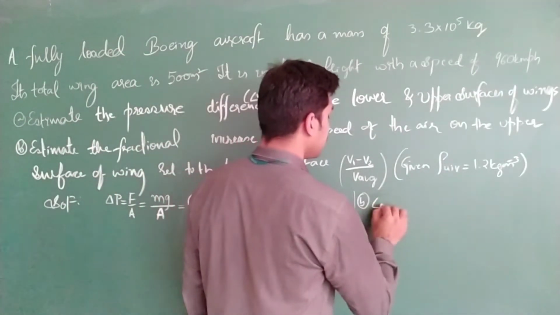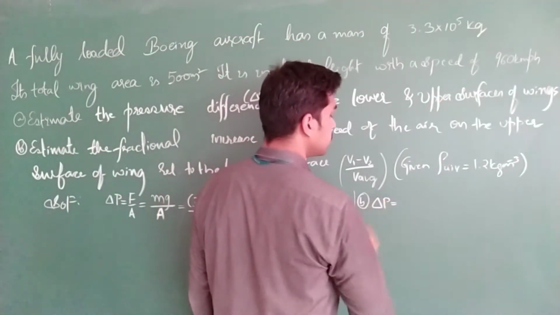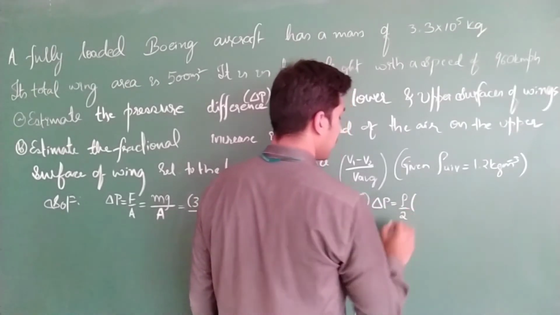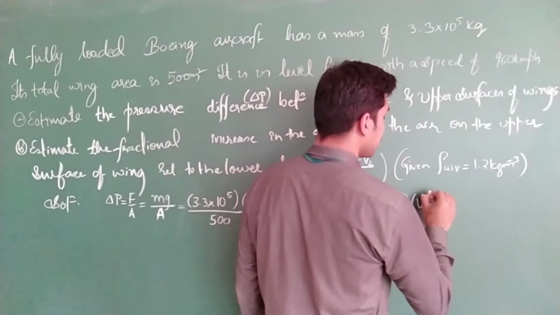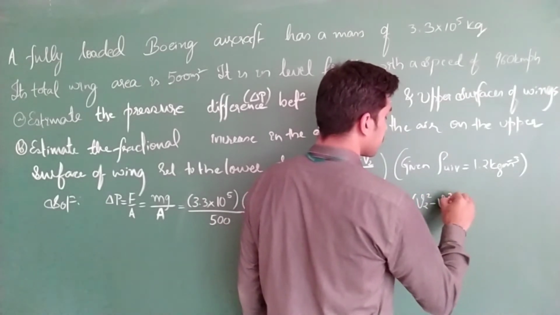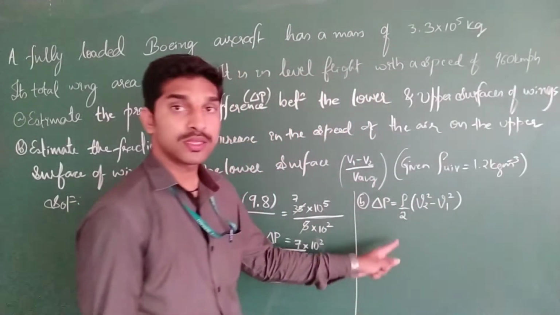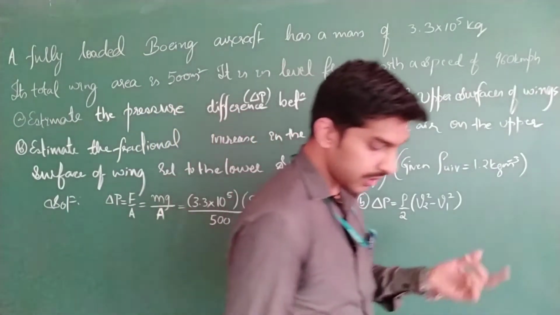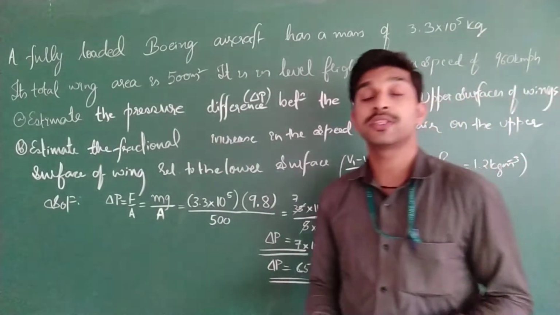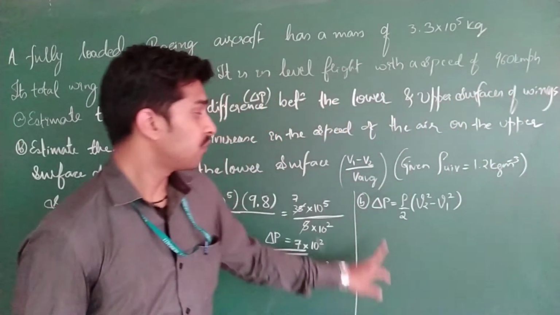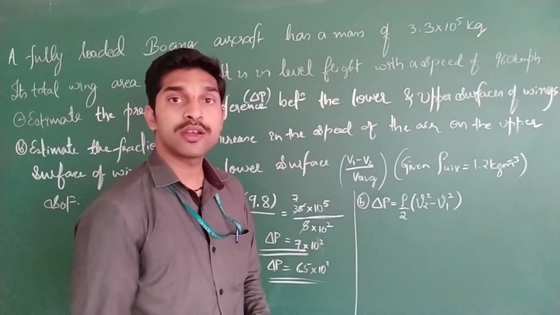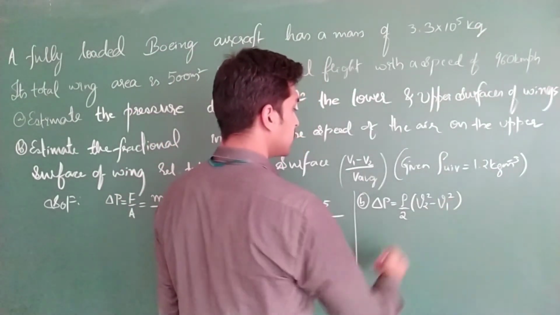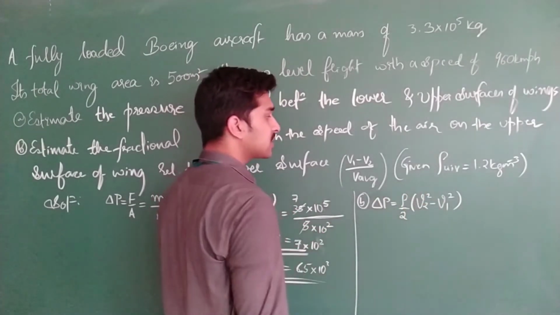Yes, delta P is equal to rho by 2 into V2 square minus V1 square. Correct? This is the equation we got, along with the equation due to the liquid in the manometer. For that we equated and calculated the velocity V value. Okay? So now here V2 square minus V1 square is there, but we